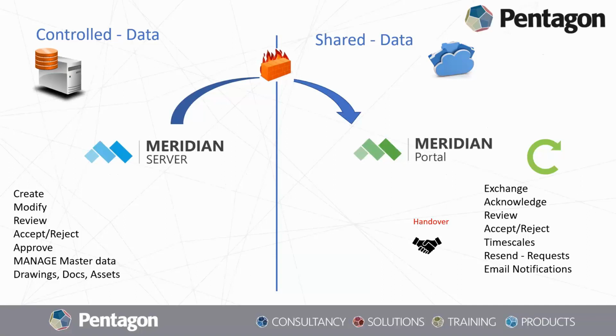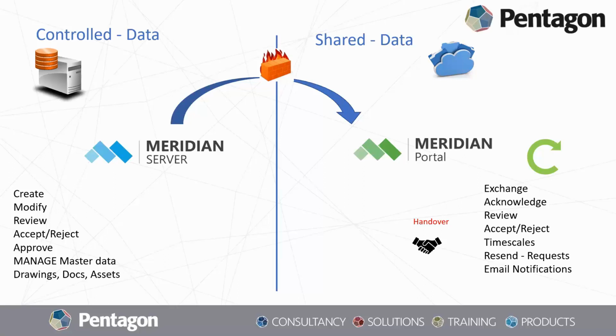Key, where you manage your master data, that data being drawings, documents, other assets, user manuals, all the typical engineering data that you would get. Shares it out through that firewall up into a secure web portal for external contractors for exchange of data, for them to, they will acknowledge